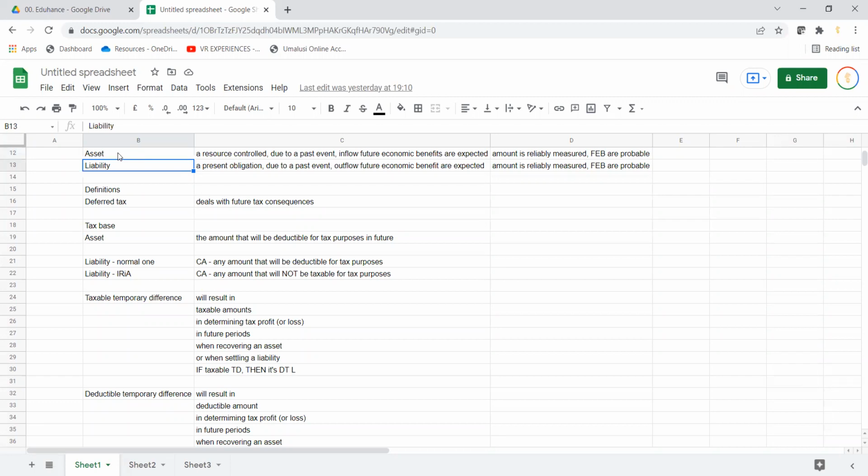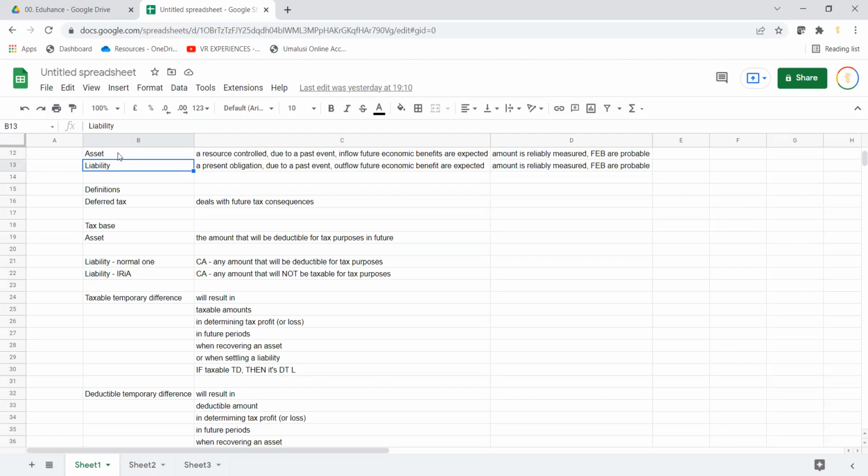Similarly, with a liability, when you see a liability on the balance sheet, it basically means that the company is telling you in some way or another, they expect an outflow of economic benefits in the future. They have an obligation to make a payment or to give away some other asset in future. So they expect an outflow of economic benefits. Okay, so remember, that is basically what it means when you see an asset and when you see a liability